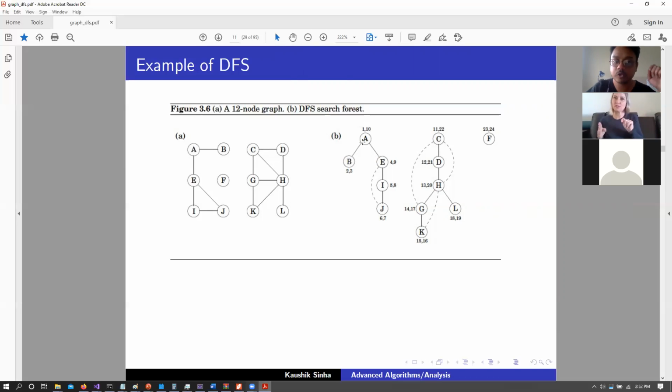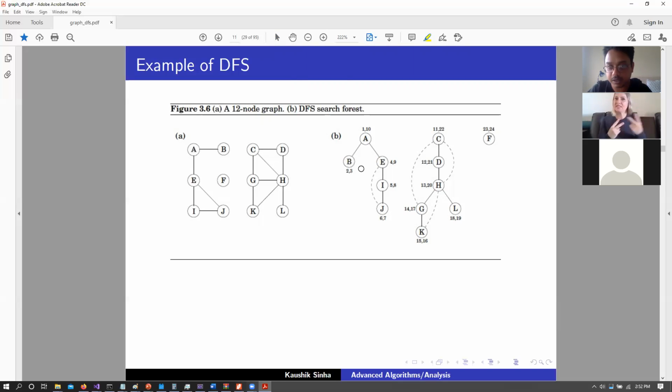So notice carefully. Let's start with A. A gets a pre-visit number of 1, right? Then we have potential edges B and E. Let's go for B. From A, we are going to B. Now B gets a pre-visit number of 2. Now we are done with B because there are no other edges from B. This now becomes the last time we are going to explore B. So B gets a post-visit number of 3, because we are just saying the order of the visits that we are doing.